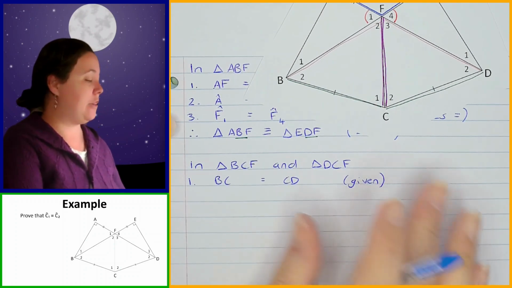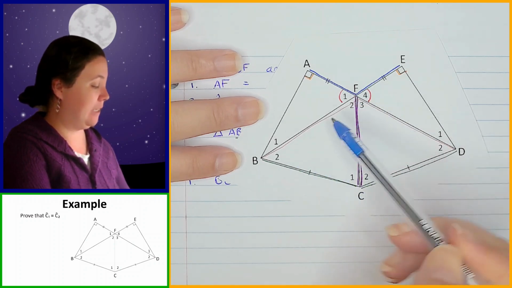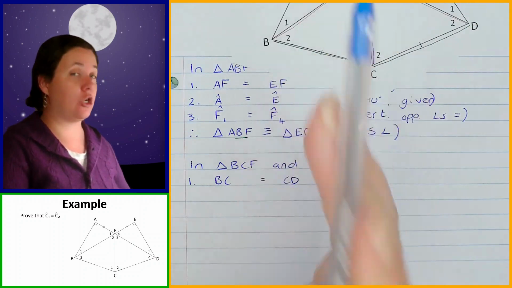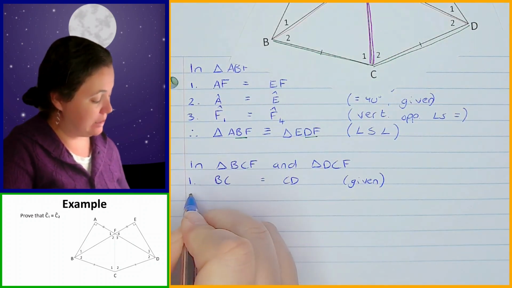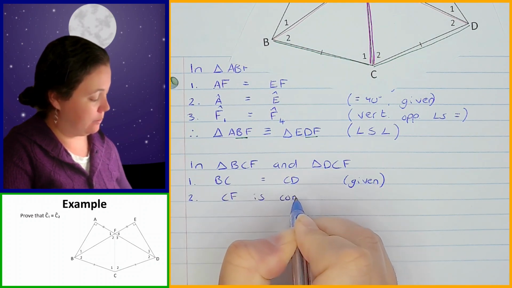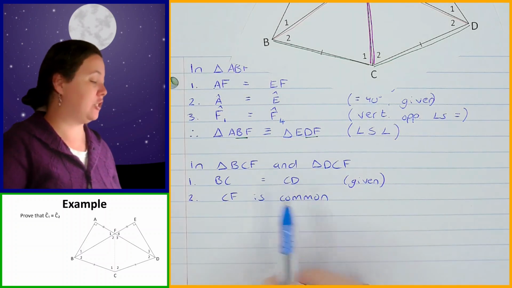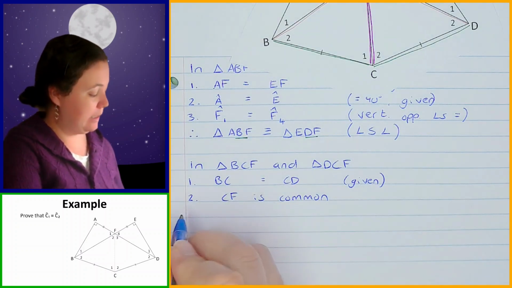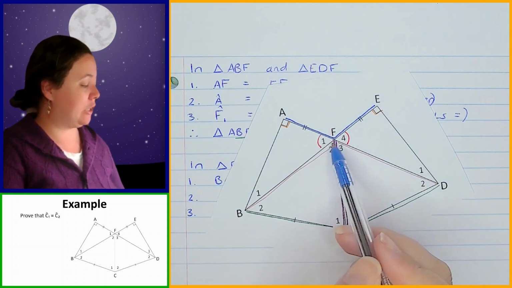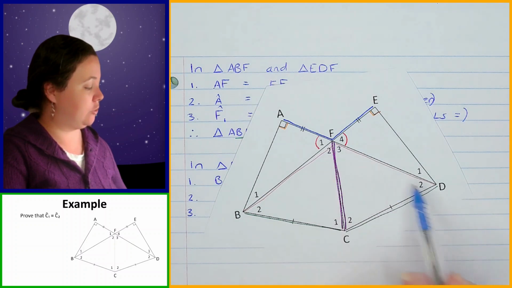Okay, then I had already said that CF in this triangle is the same as CF in that triangle because it's common. It's a common line. So here I can just say CF is common. Okay, so I don't say CF equals CF. I just say CF is common. Okay, then my third reason is that these two sides are equal. So BF is equal to DF,